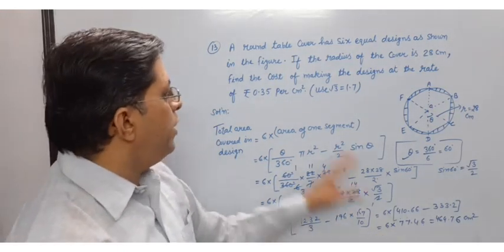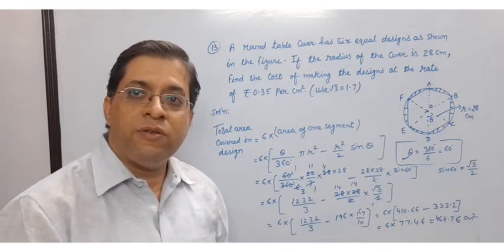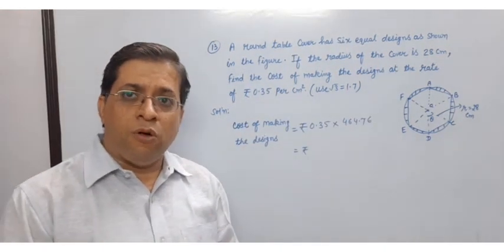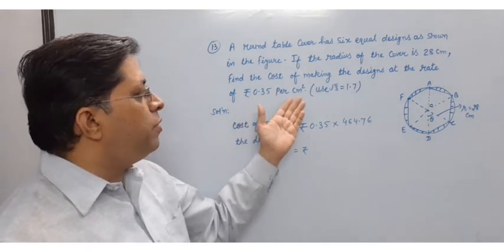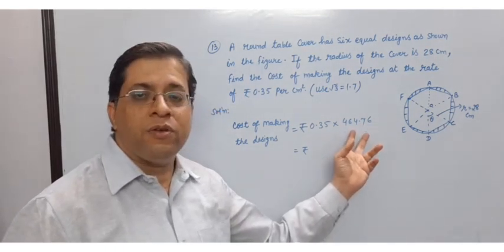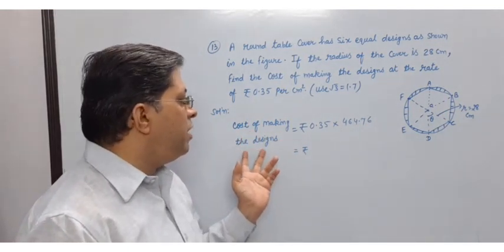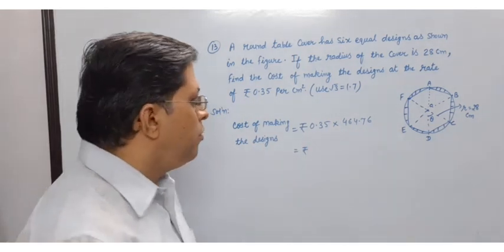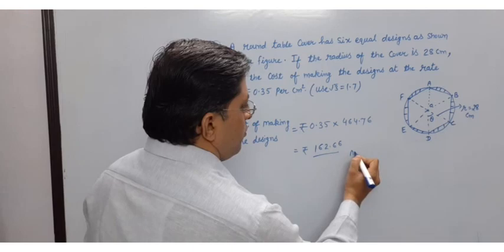Then after that, what you have to find? Cost. You have to multiply it by this 464.76. Now come on, we are going to multiply. Then what will be the cost and what is given to you? See here, rate is given to you, 0.35 per centimeter square. And what area did we get? This is 464.76. Then how much amount do we have to pay? Okay, the cost of making the design is equal to 0.35 into whatever the area is. When you multiply it, you will get 162.66. This is your